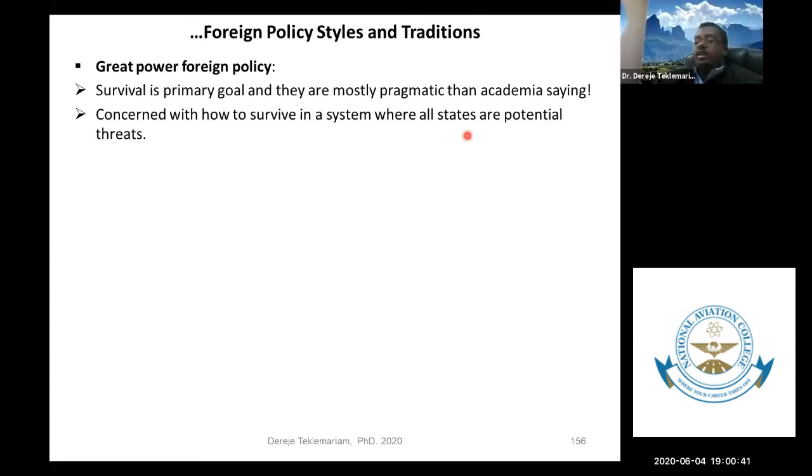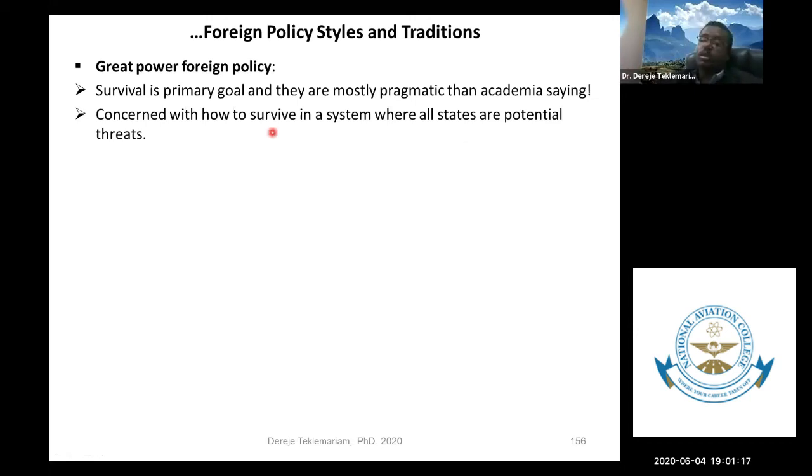So they say that there is no friend. Things depend on them. There is no permanent enemy, and there is no permanent ally. So things may change. So they assume ceteris paribus, meaning keeping other things constant. The major pillar of foreign policy for those great powers is that they consider other countries a threat, but they don't express that you are a threat, but they devise policy from that perspective. When you say survive, it means to survive in a more dominating world.